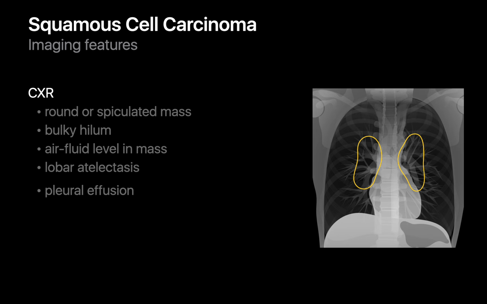That's why squamous cell carcinomas usually present on chest radiography as central masses near the hila, central masses that may obstruct a lobar bronchus and result in obstructive lobar atelectasis. Compared to adenocarcinomas, squamous cell carcinomas are more likely to centrally necrose, as they may grow somewhat more rapidly and outpace their vascular supply. And when they do necrose, you might sometimes see an air fluid level within the mass.